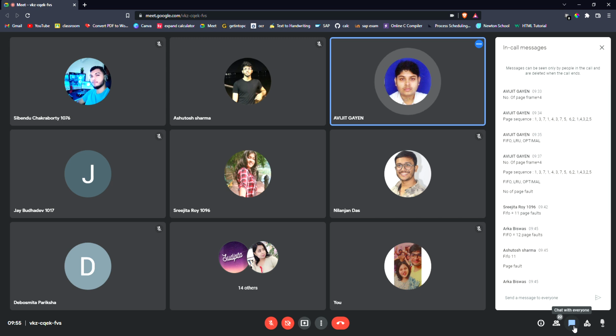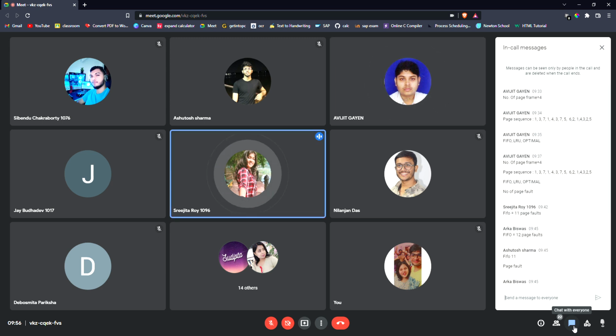But in LRU, the concept is that which one has been used least recently, meaning used most earlier. The concept behind LRU is that I'm expecting that whatever has been used recently might be used more in the current time. So least recently means it was used very earlier, so it might not be required anymore, so I am replacing that. This is the concept of LRU. And optimal has a forward vision, while LRU has a backward vision. So this is the difference between LRU and optimal. Okay, sir. Thank you, sir.